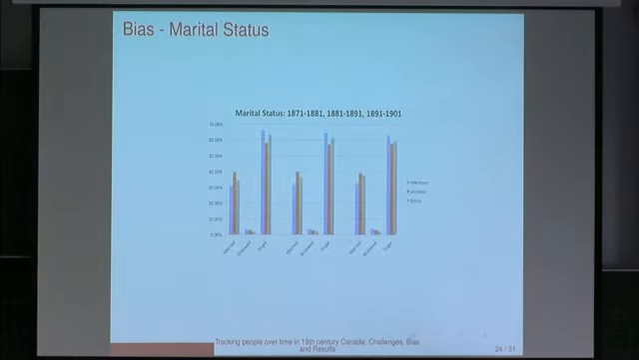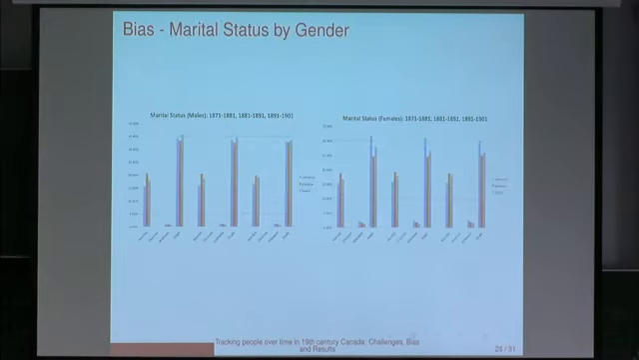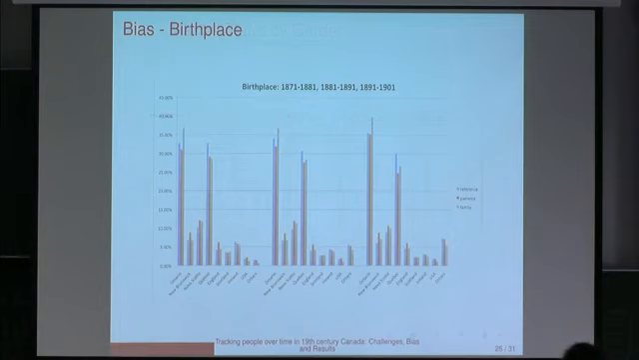Then if you're looking at marital status, let's go to the one by gender, since I'm running out of time. So again, you can see that for females, we're underrepresenting here, again, because we're not able to link those that married. If you're looking at birthplace,